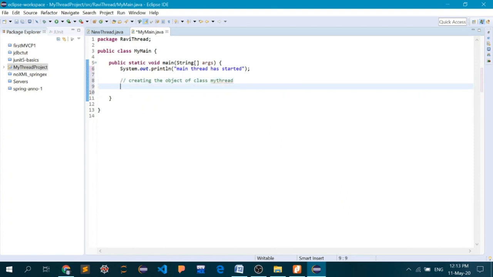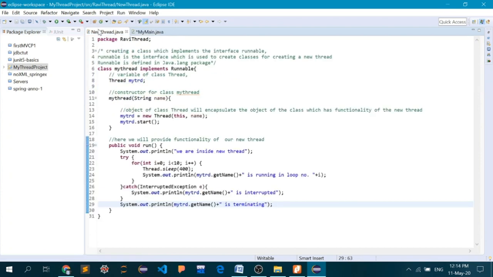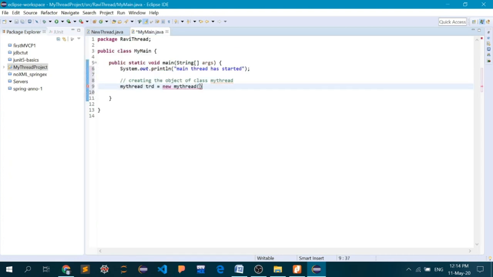Let's say trd is equal to new my thread. As you remember, the constructor of this class accepts one argument, the name of your new thread. So I will pass a string called thread number 1. That is the name of my new thread.